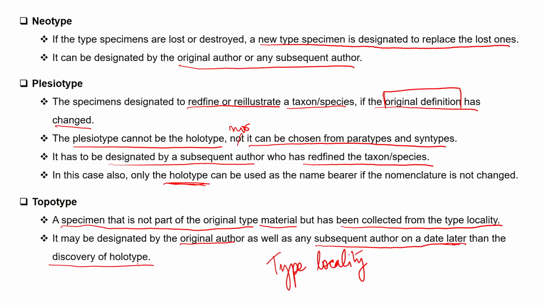So you cannot designate a topotype on the same date as you are designating the holotype, and it also cannot be done from the same material, because if you recover a specimen from the same material from which the holotype has been discovered, then it will be classified either as paratype or syntype, but it will not be a topotype. So all these are formal type specimens defined by the International Commission on Nomenclature, and now these have